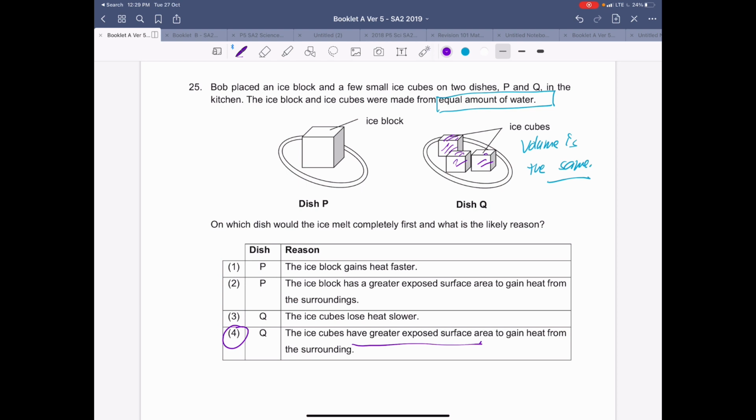When you actually want to dry a wet towel, do you crumple up the wet towel and just put it under the sun, or do you spread it out? The volume is the same, but the exposed area is different. And this has got to do with gaining of heat. So remember, larger surface area to actually gain heat faster. And on this note, I want to stress, underline and underscore, highlight, underline, there is no such thing as losing